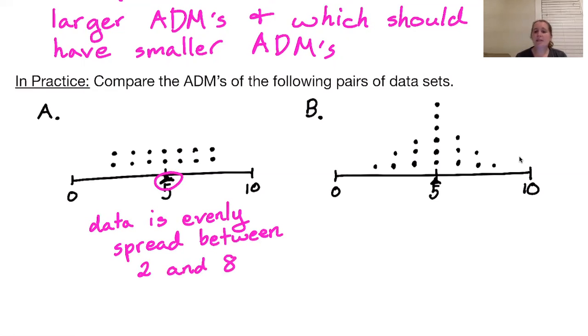Whereas for B, the data still spans from 2 to 8,